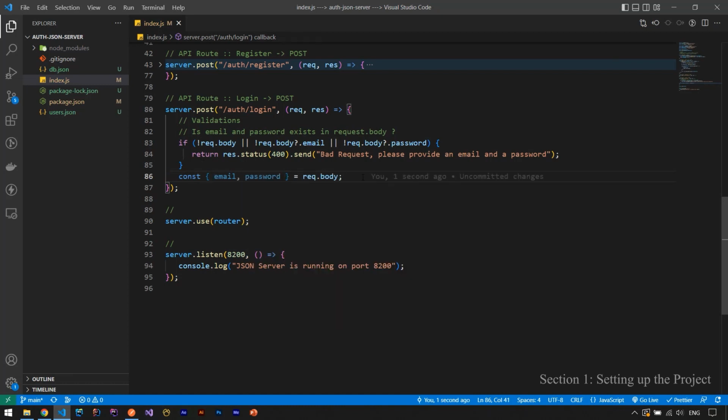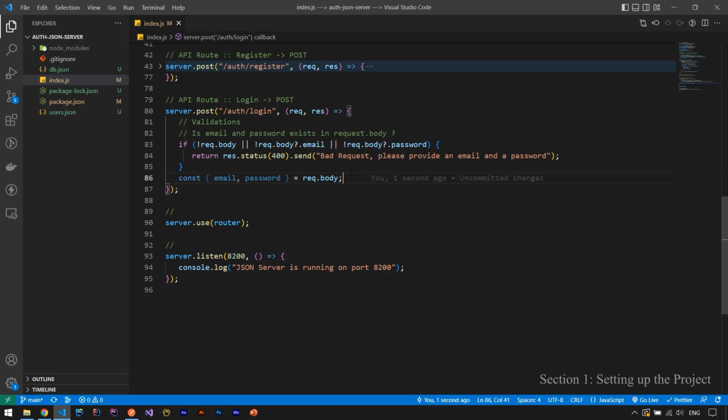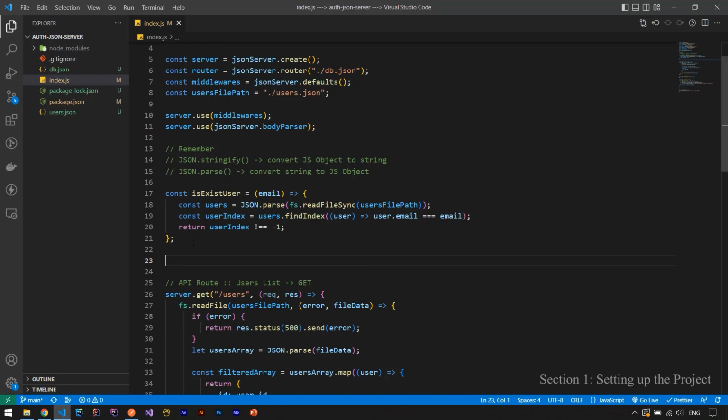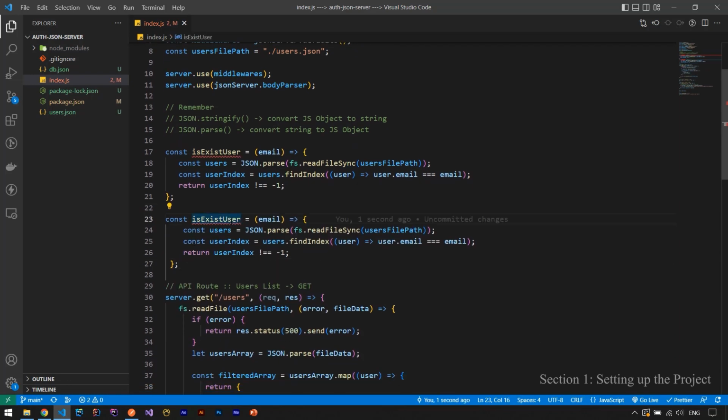Okay, now we have the email and password, and we should check whether a user with this email and this password exists in our user list or not. And if there is no user with these specifications, we won't let the user log in. So let's create a new helper function for this. I will copy this, and here I say isValidUserData. And this time we need both email and password here, and we say that const users equals